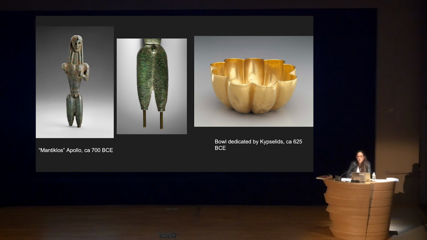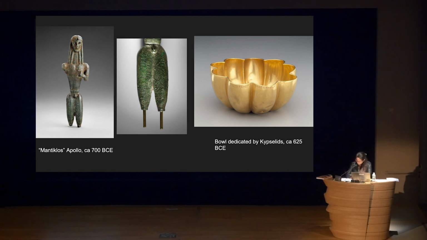The dedicatory inscription on his thighs, which you see in the detail, reads, "Mantiklos dedicated me as a tithe, so a tenth, to the far shooter, the bearer of the silver bow. You, Phoebos, shining one, give something pleasing in return," and attests to the reciprocal relationship that characterized